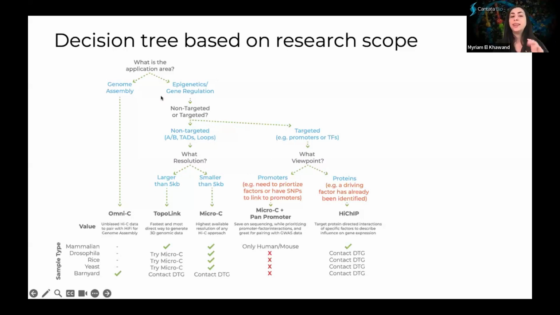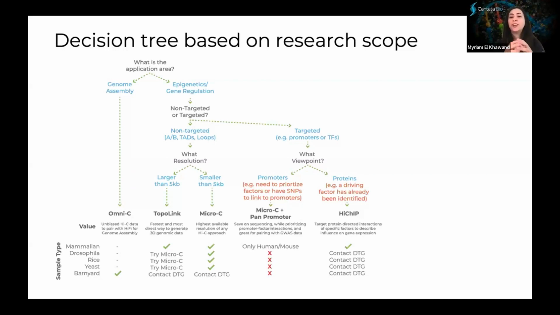Now, if you're interested in epigenetics or gene regulation, you have to ask an additional question, which is, are you looking to map all the interactions happening in your sample, or are you looking to map interactions that are more associated with regions or proteins that are of interest to you? If you're looking to map all the genome-wide interactions, either in one experimental condition, so you're just looking to discover what are the interactions that are happening in a specific experimental condition or a sample,